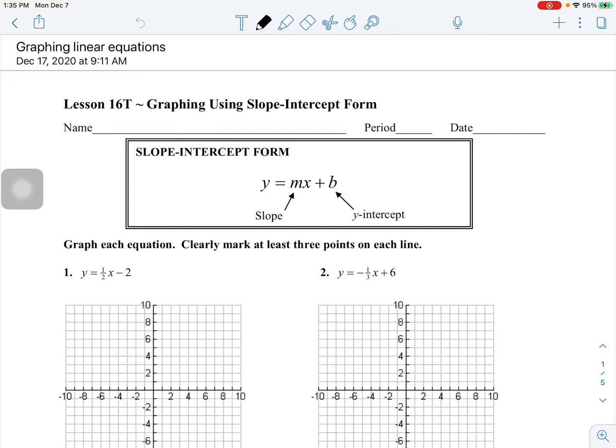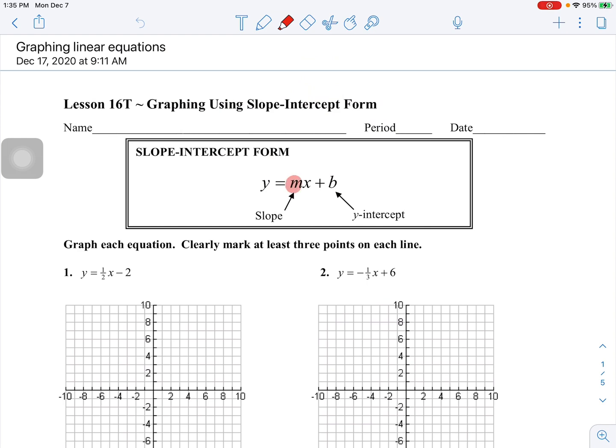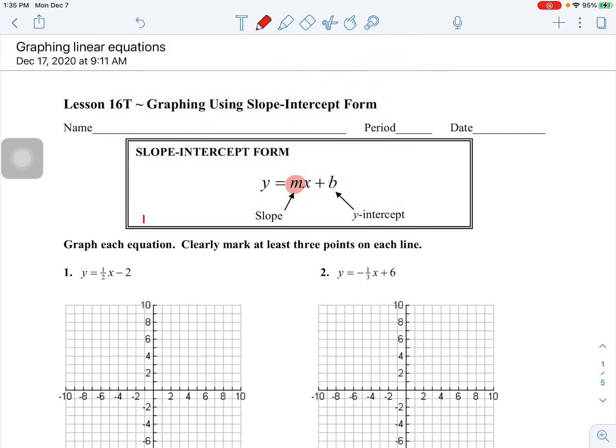Today we're going to be practicing graphing equations in slope-intercept form, and we'll do a couple that are in point-slope form. So before we start practicing, I want to look at this formula that's at the top. This is the slope-intercept formula, and it's the most popular form that we use. So slope is the m, and I like to talk about how that's how an equation moves, but it's really,